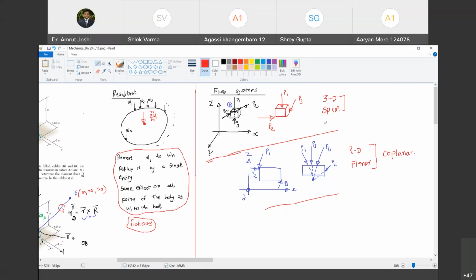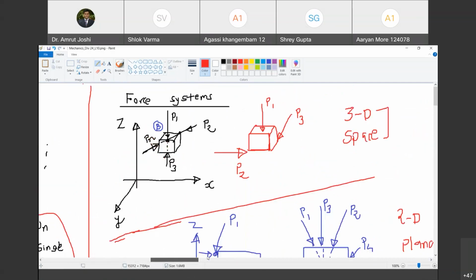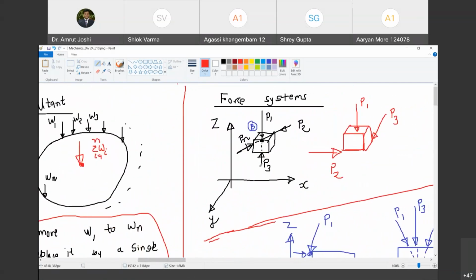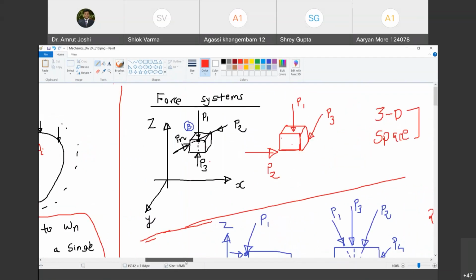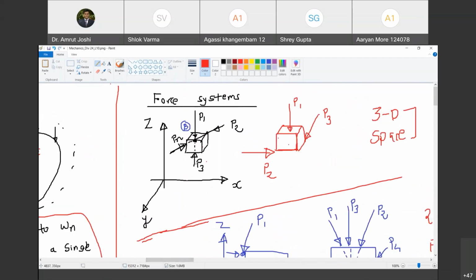Okay. So therefore, the basic categorization of these two force systems is either a space force system or a planar or coplanar force system. Now let us have a look at two diagrams or two bodies that I have shown in a 3D force system. If you look at the first diagram, lines of actions of all the forces, they do converge in a single point B. Do you agree with me? Yes, sir. Okay. Whereas if you look at the next space force system, the lines of actions of all the forces, they do not meet in a single point. Are you with me? Yes, sir.